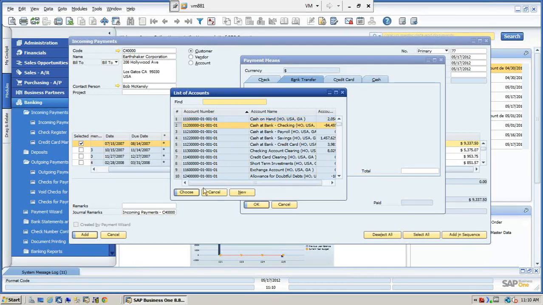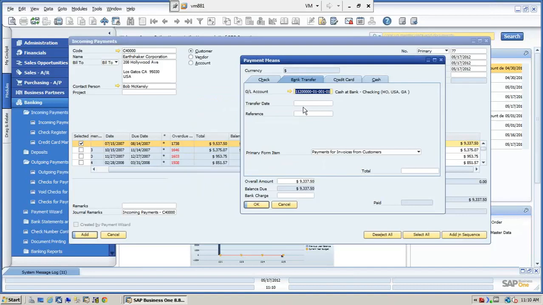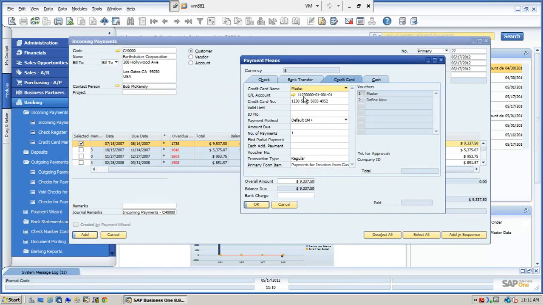This one here. Okay, we can go ahead and put a reference date and a reference amount. We can use credit cards. Now you see this MasterCard came up automatically because within the business partner,